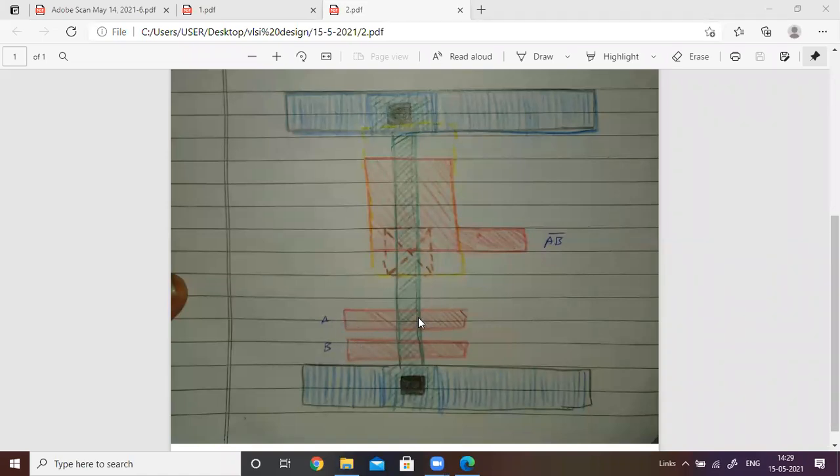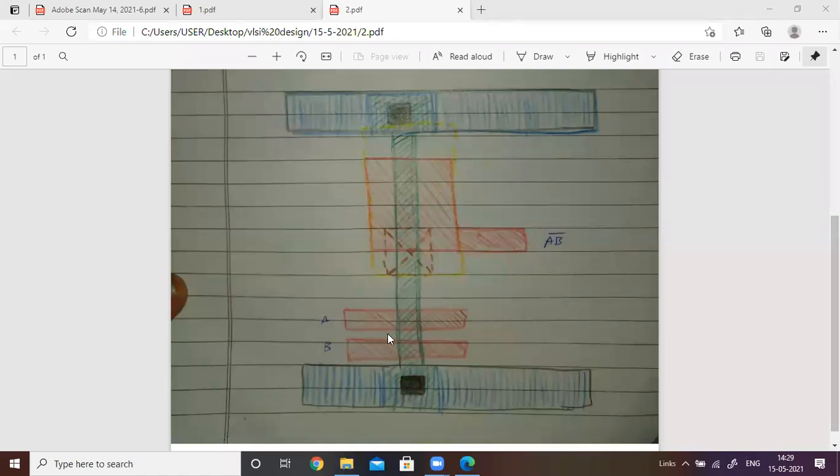So we are having 2 transistors formed in this case. These 2 are connected in series because the source of the top transistor is connected to the drain of the second transistor. This is the source of the transistor, this is the drain of the transistor. You join them together. And remember, a very important thing is separation.